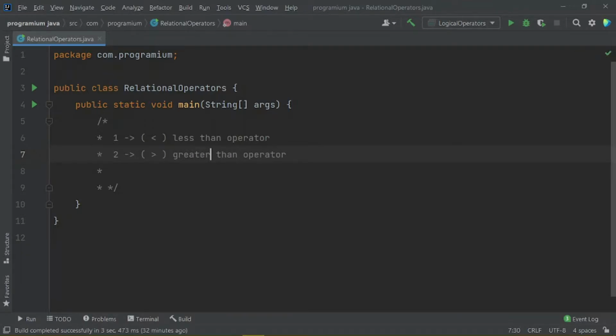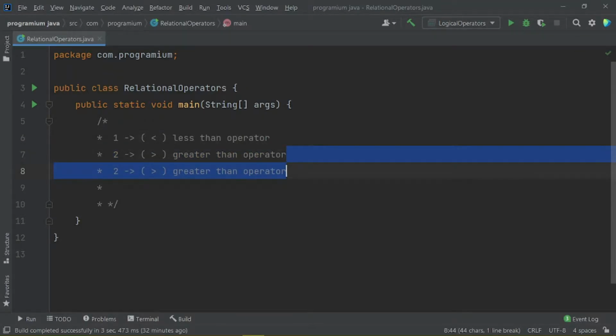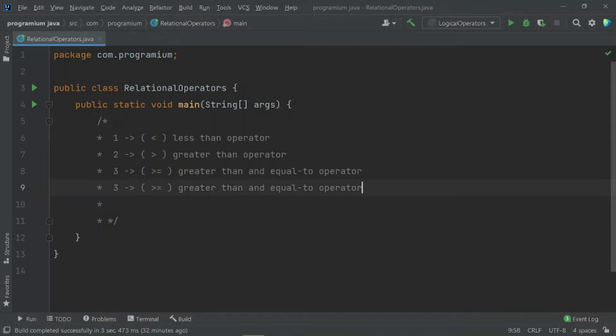Again, let me duplicate this. This would be our third operator, greater than or equal to operator. And again I'm going to duplicate this line, and this time it would be the less than operator.